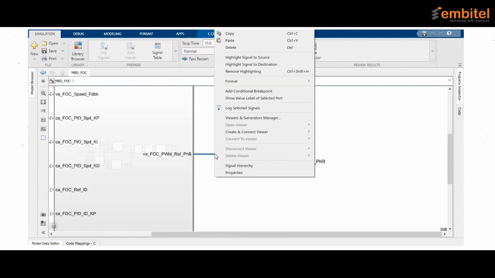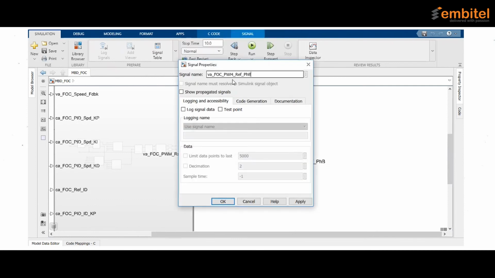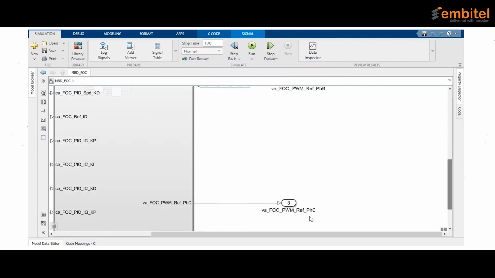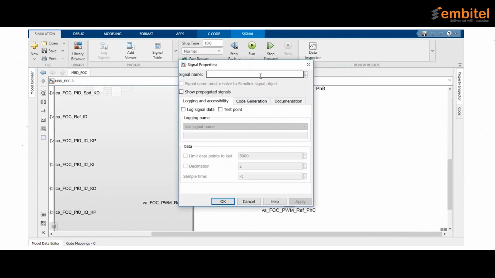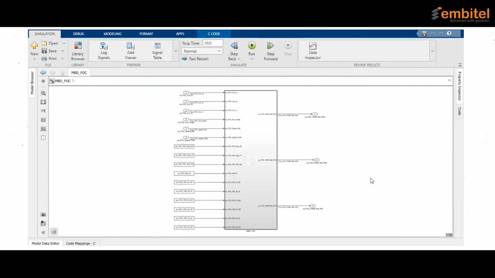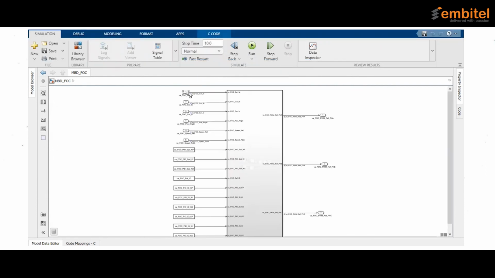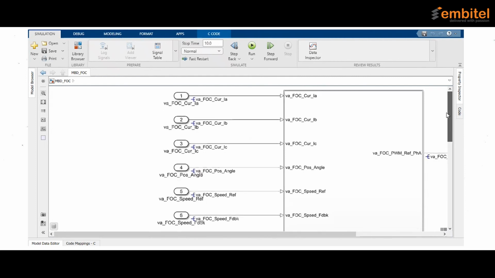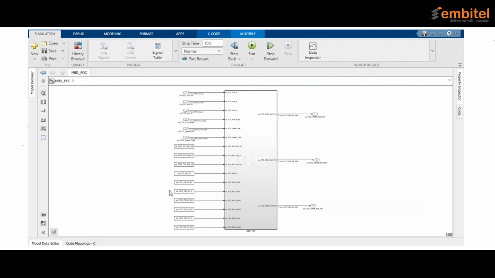Phase B. And for phase C. Please save and do a self review, checking that you have connected the appropriate inputs and appropriate outputs.